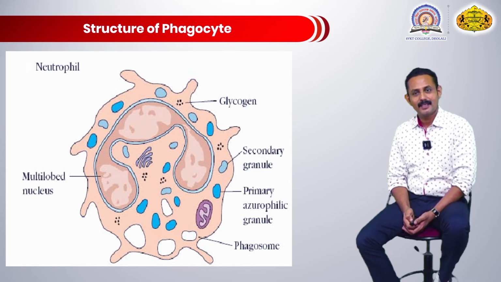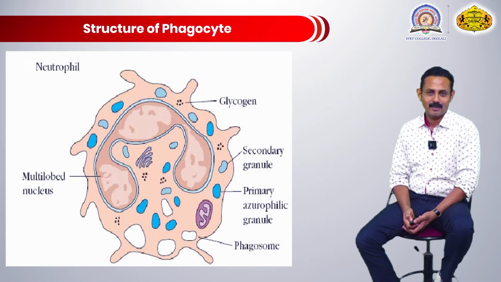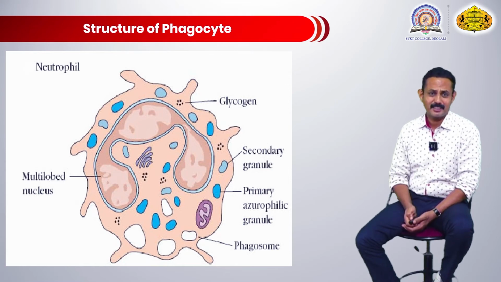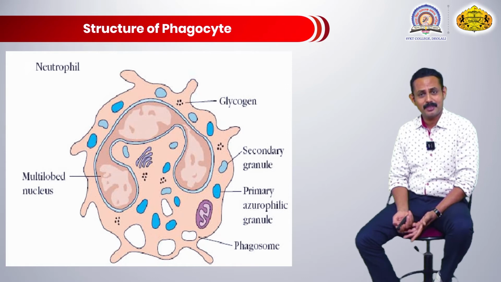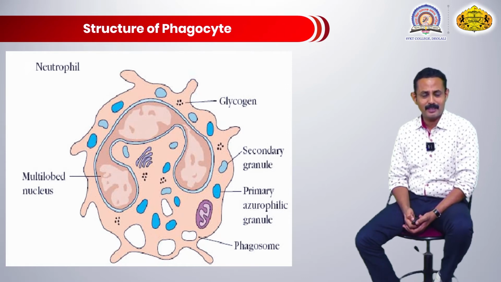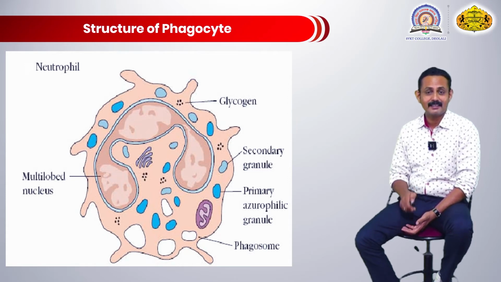If you see the nucleus, it does not have a very fixed shape in the case of the PMN cell. It may be dilobed, trilobed or multilobed in nature, or in monocytes a single fixed shape is there. Then it contains other cytoplasmic content, glycogen, which is their storage. Like a typical eukaryotic cell, they contain Golgi bodies, mitochondria, endoplasmic reticulum here, but they contain the important part